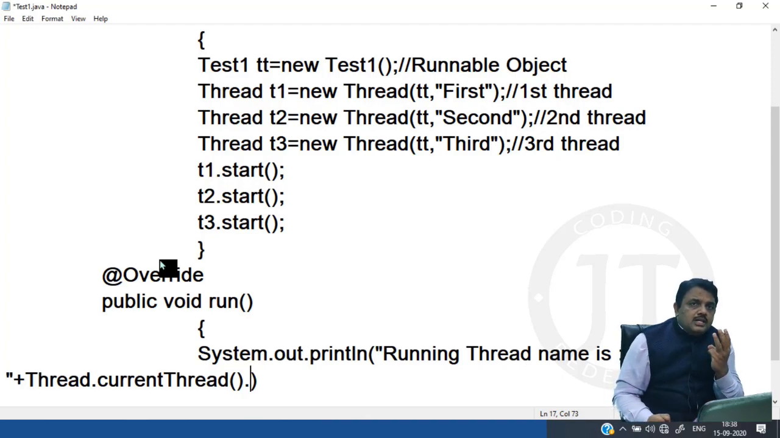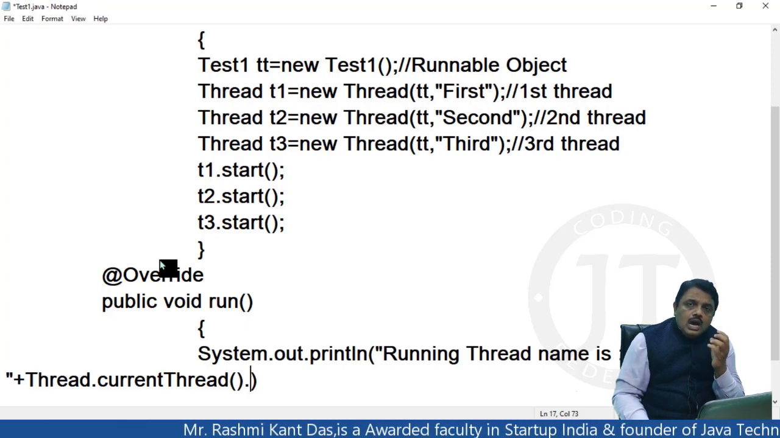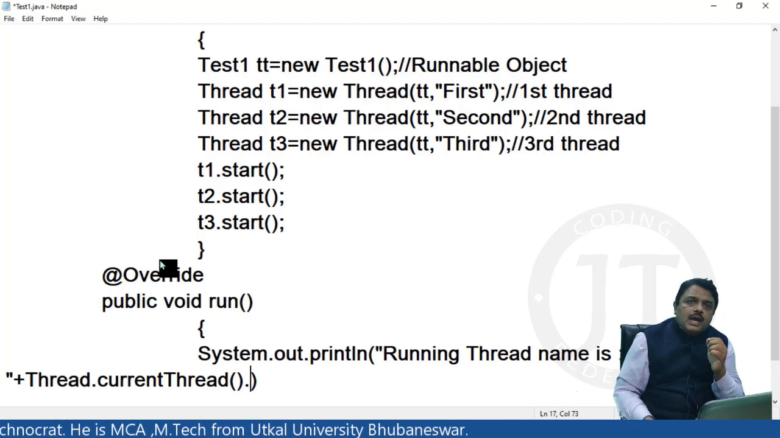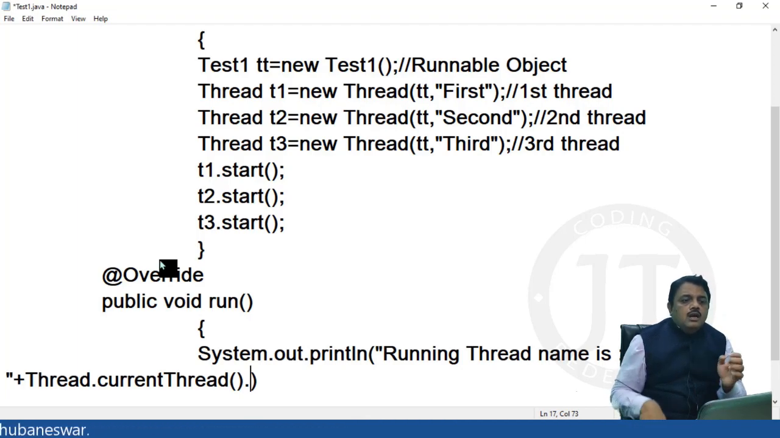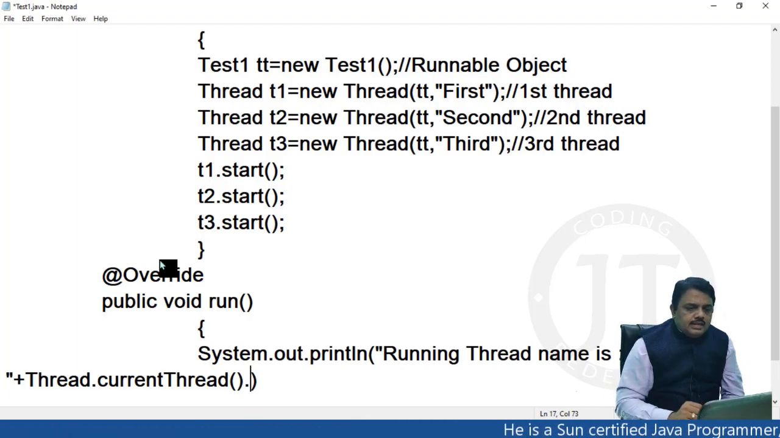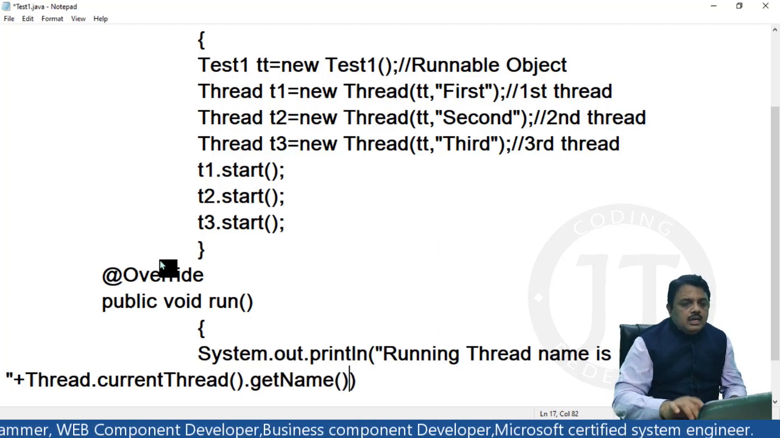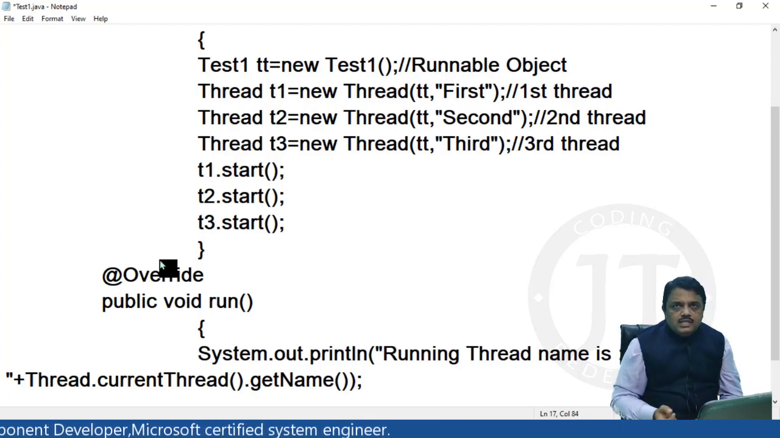There are three threads eligible to run: thread 1, thread 2, thread 3. Out of the three threads, any one can enter into the running state as per the priority basis. Now after that, I just write here dot getName. If the first thread is running first, then getName returns me the name of the thread as